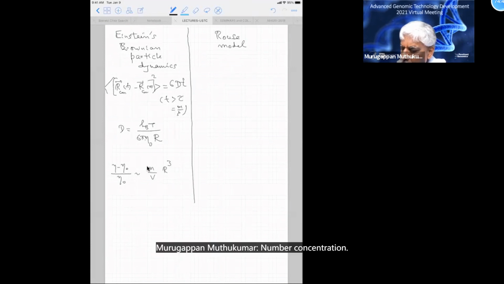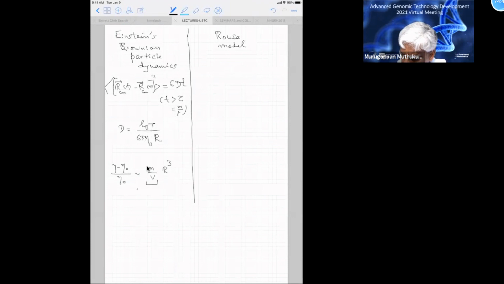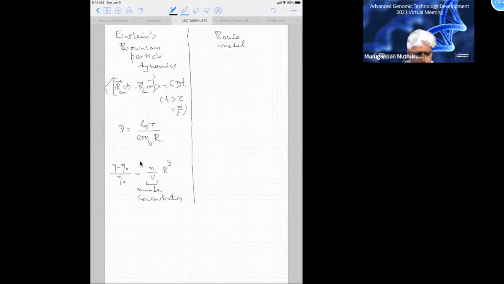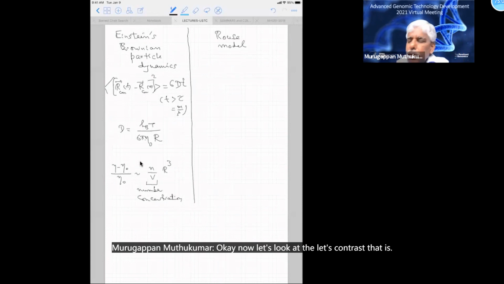This is number concentration. These are the three important quantities we did. And there is no internal structure because it is a rigid particle. Now let's contrast that with